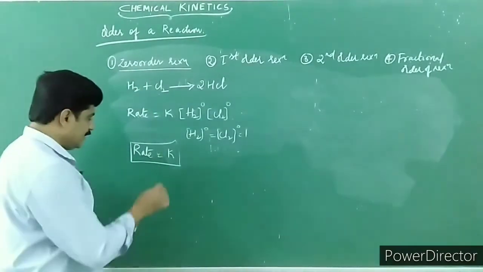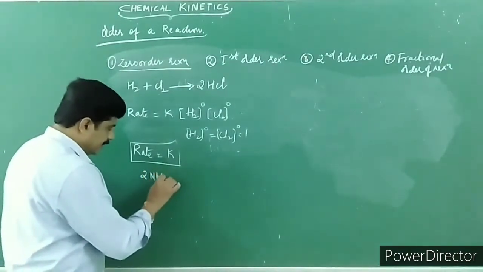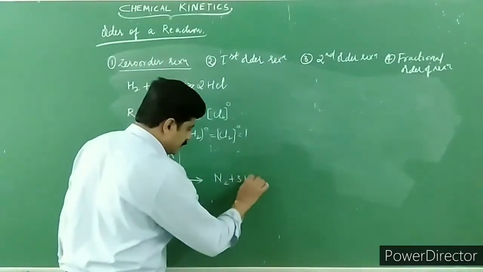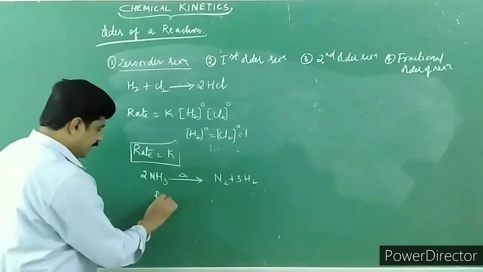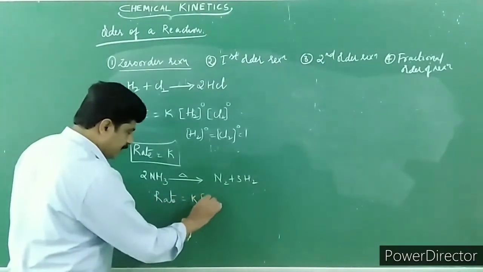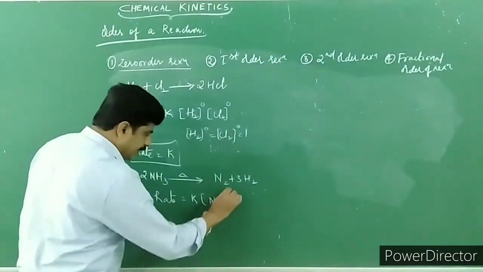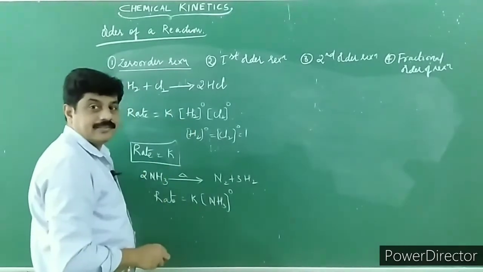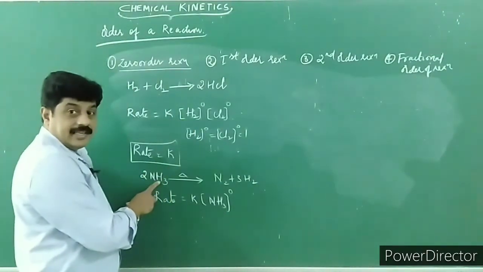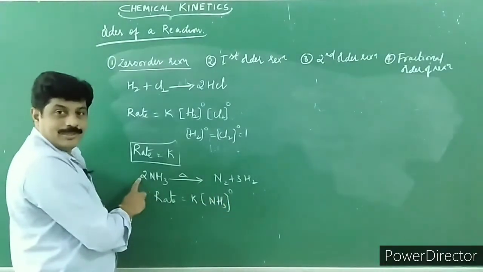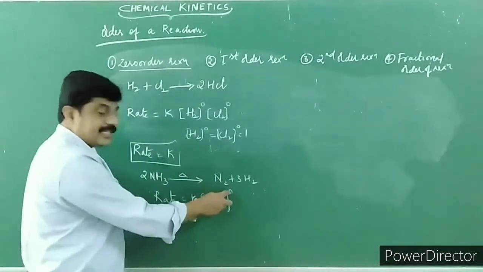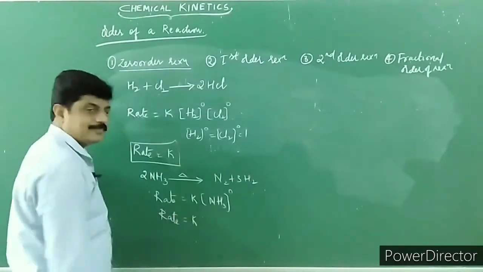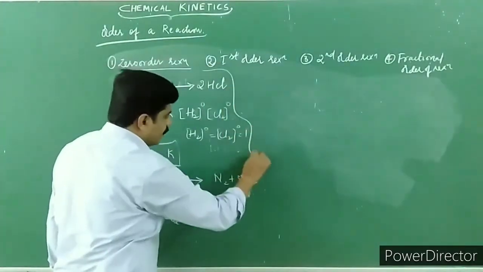And you can quote one more example, children. Look at here, 2NH3 on heating, you are going to get N2 plus 3H2. In this case, look at here, rate is equal to K into molar concentration of ammonia raised to 0. Remember, this is after conducting the experiment. Children, if you write the theoretical rate law expression, this will be raised to 2. But after conducting the experiment, you found out that it is raised to 0 but not 2. In that case, rate is equal to K. Hope you understand that. Let me go for the second one.